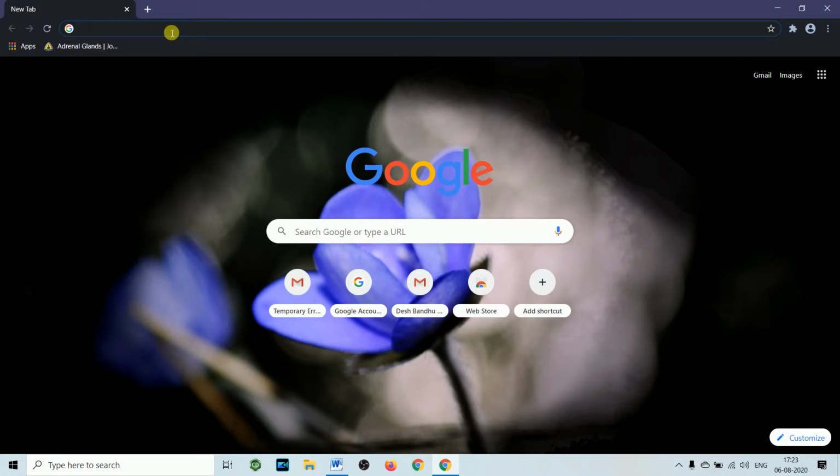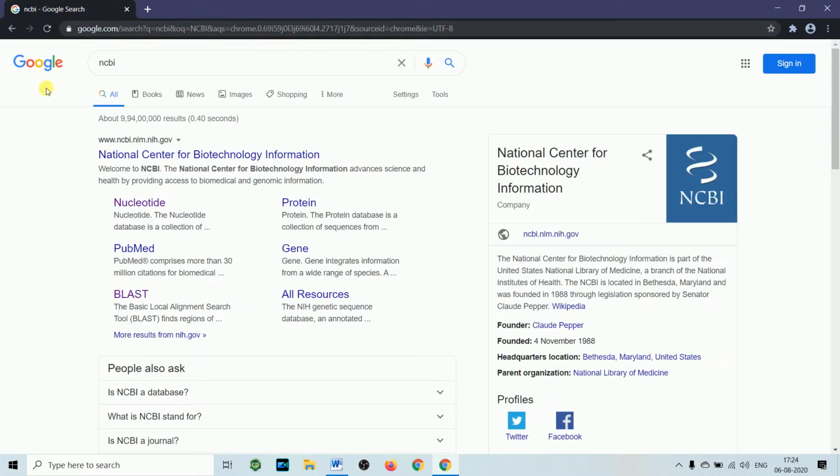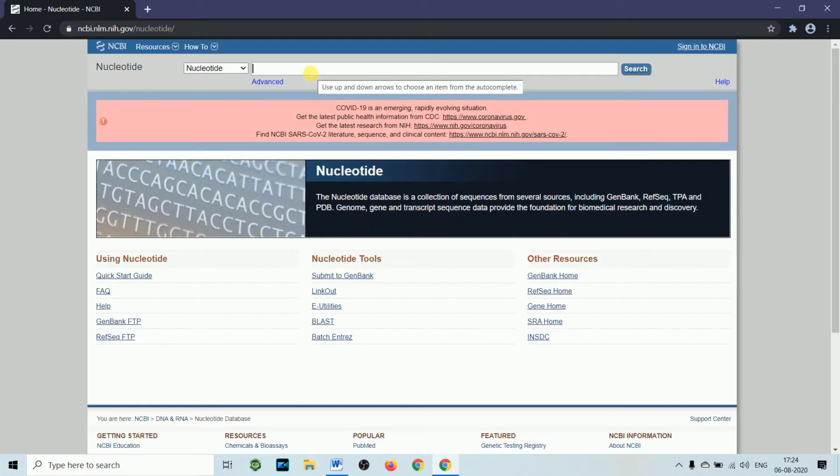You have to type NCBI in Google, and as we require nucleotide, we'll click on nucleotide. Here you can type the keywords like name of the organism, name of the gene, type of the sequence like cDNA or complete genome for the sequence.